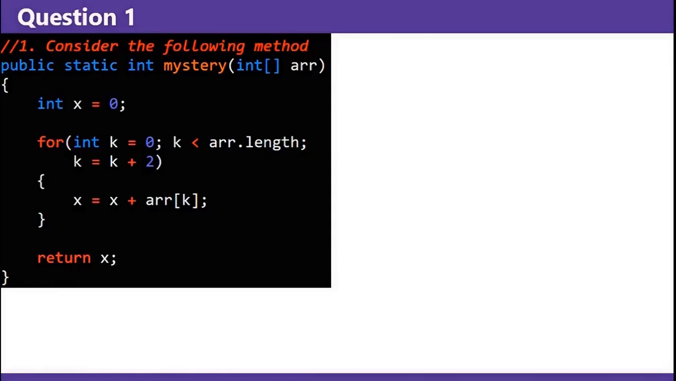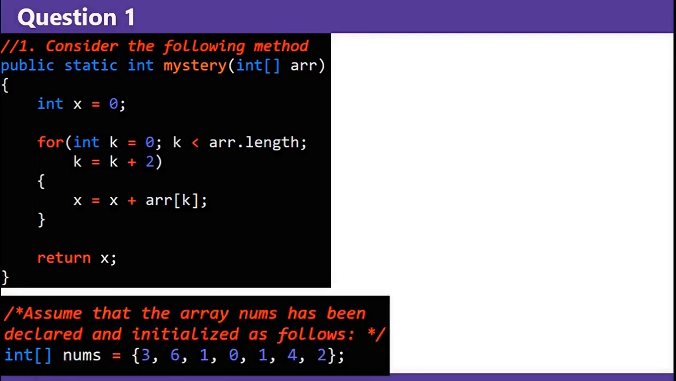Question 1. Consider the following method. Public static int mystery(int[] r): int x = 0; for (int k = 0; k < r.length; k = k + 2). Inside the for loop, x = x + r[k]. So you're totaling up the array members you're looking at in the loop, and then at the end you're returning